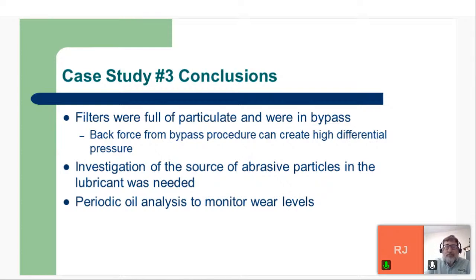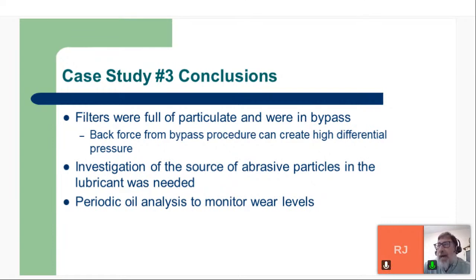and we were able to help them identify, using SEM EDAX, the metallurgy of those particles. And then after that issue, periodic oil analysis was able to help them monitor those wear levels to make sure that they had addressed their issue with that component. Yeah, and if I could talk about bypass for a minute, we often think of bypass being kind of